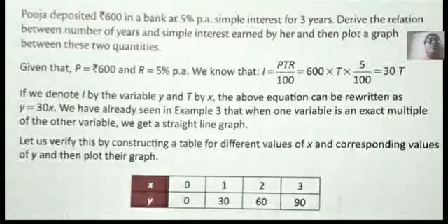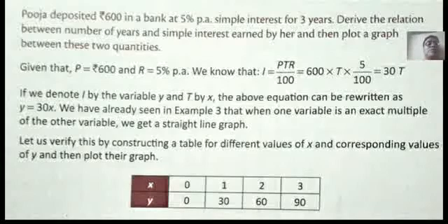I stands for interest, simple interest, and T is the time, so simple interest is equal to 30T. Let us take I in place of Y and T in place of X. So it becomes now Y is equal to 30X. Now take the values for X is equal to 0, 1, 2, 3 or whichever values are feasible on the graph sheet. You can plot accordingly.